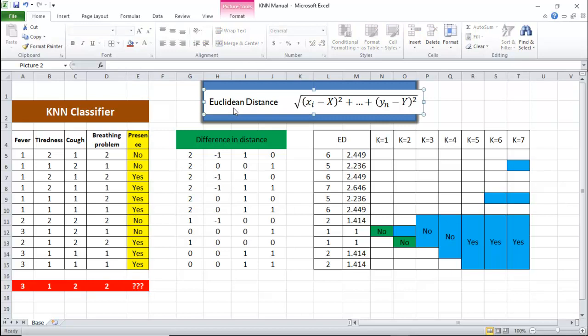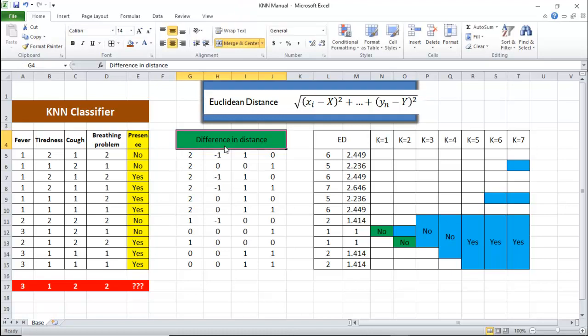Different types of distance measures, as we discussed in our theory video, can be used. One such distance metric is the Euclidean distance. Another formula you can use is Manhattan distance, which just removes the square. And there is the Minkowski distance formula, where instead of the square root, you take the pth root. But Euclidean distance is the most common preferred formula for calculating the difference in your values. So how to do it?